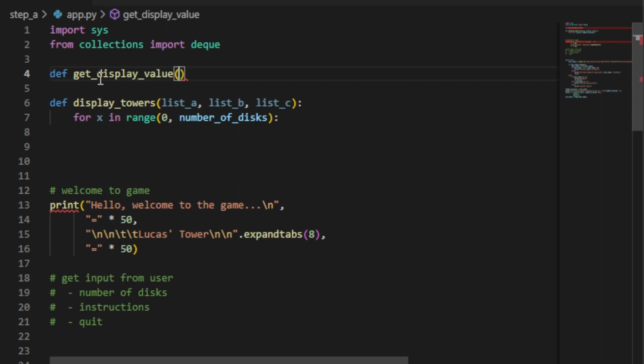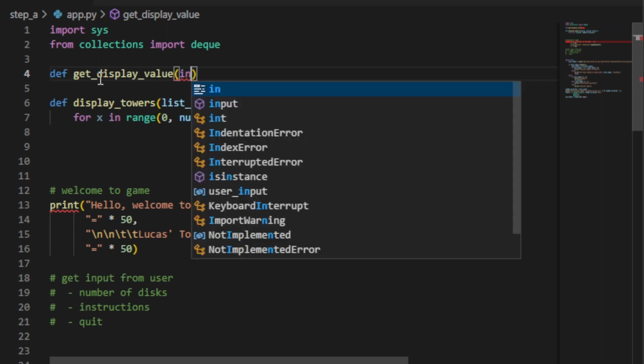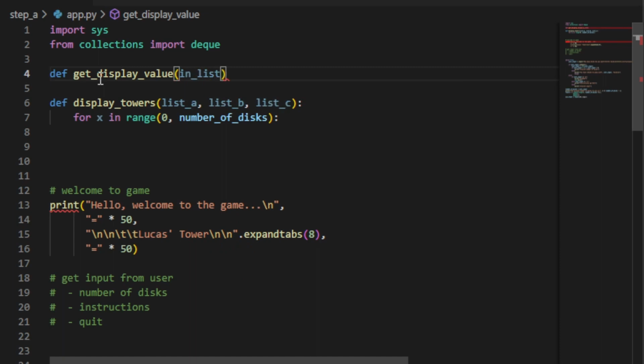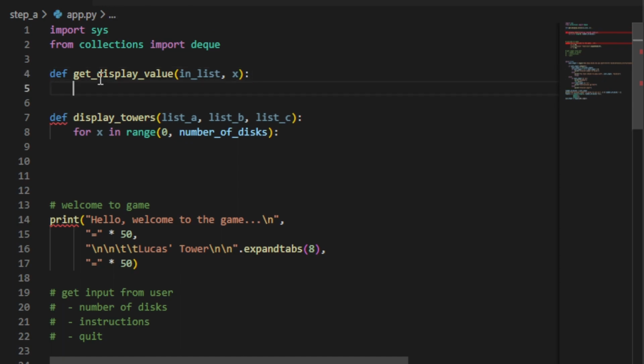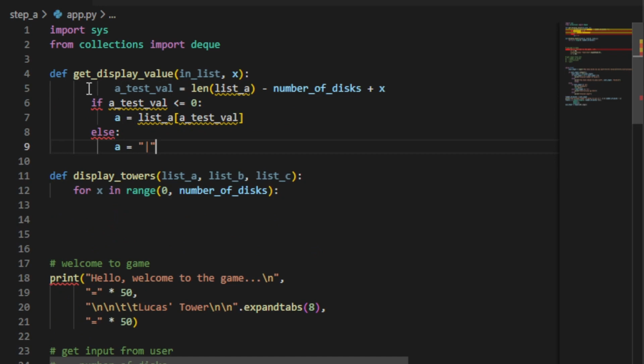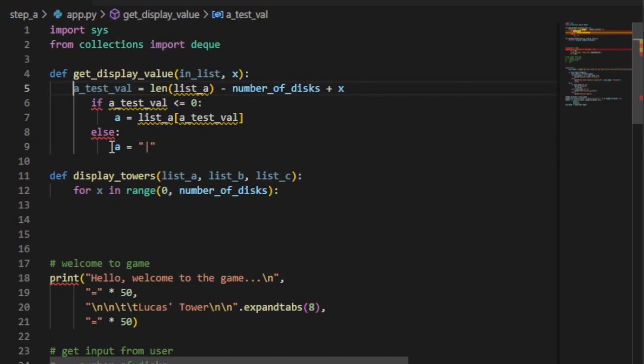And then we're going to need a list, and we're going to need the element that we need to work with in that list. All right. And just like before,